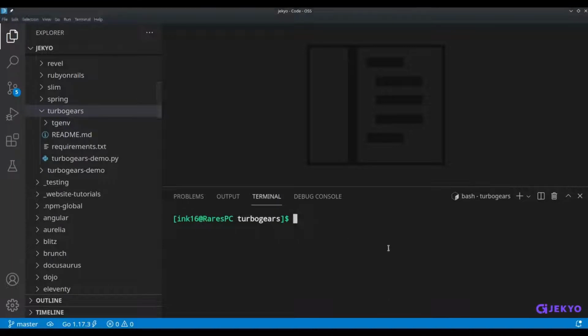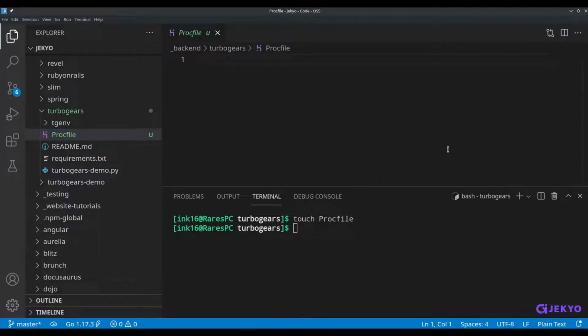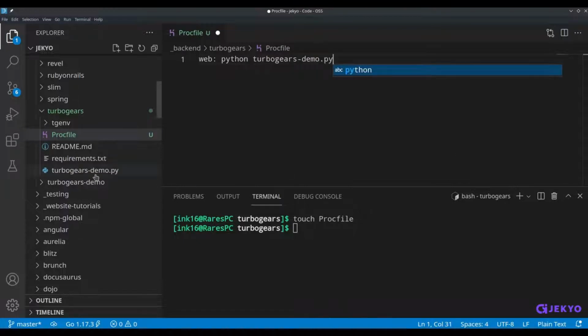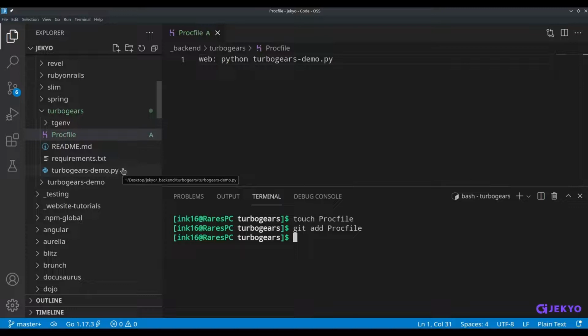In the root of your app, create a file named Procfile with capital P and no extension. In it, add a single line starting with web, because it's a web process, space python turbogears demo.py, because that's our main file, and this basically tells our server how to start our app. Save the file, add it to Git with git add Procfile,